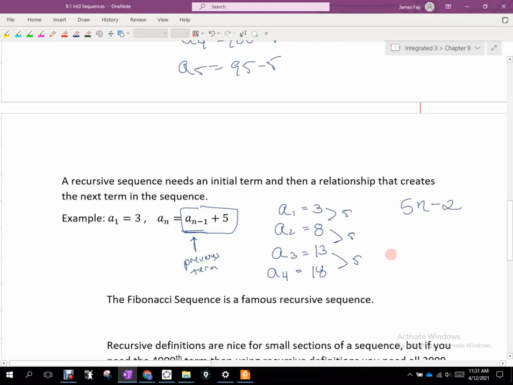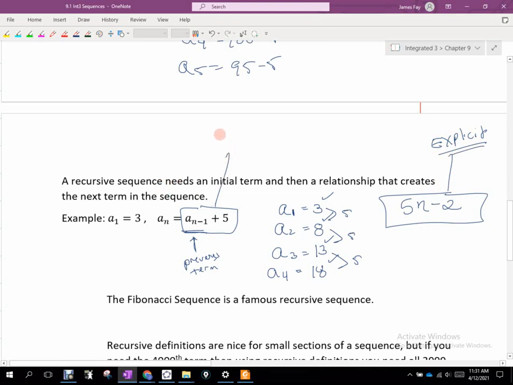Subtract 2, right? Now here's my question. If I plug 1 in, does that give me 3? Yes, it does. If I plug 2 in, does that give me 8? Yes, it does. If I plug 3 in, does it give me 13? Plug 4 in, does it give me 18? Okay. So that is the explicit